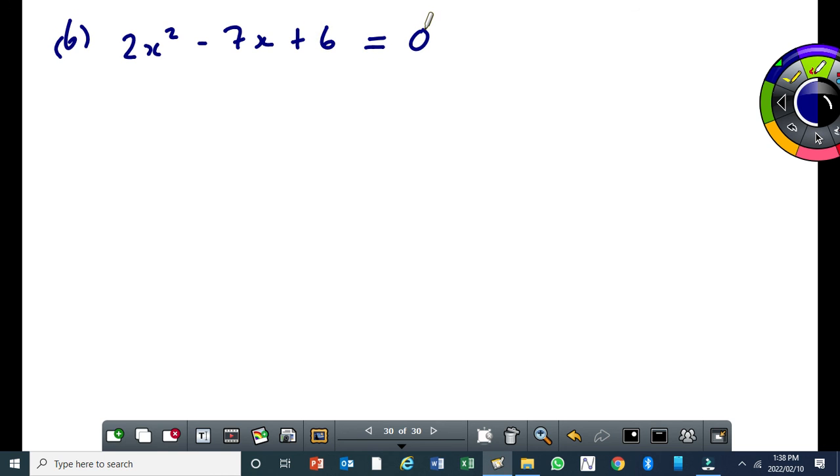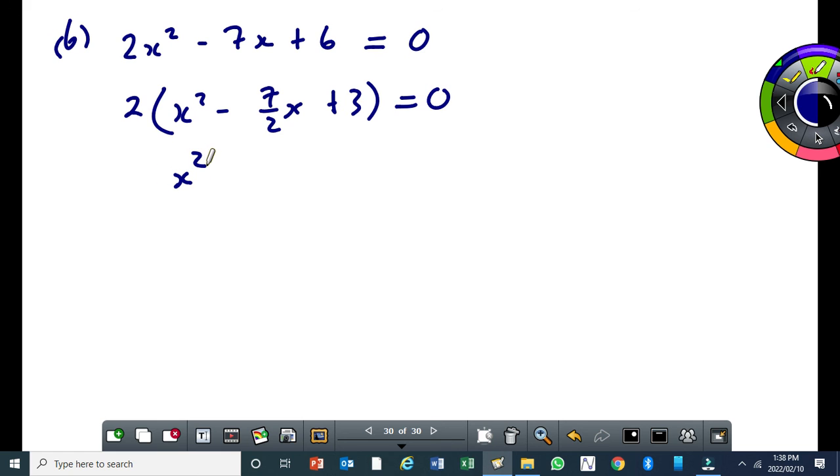So the first thing, either you can divide every term by 2, or you can factor out 2 and then you divide. So if you factor out 2, you get x squared minus 7 over 2x plus 3 equals 0. And this will give you x squared